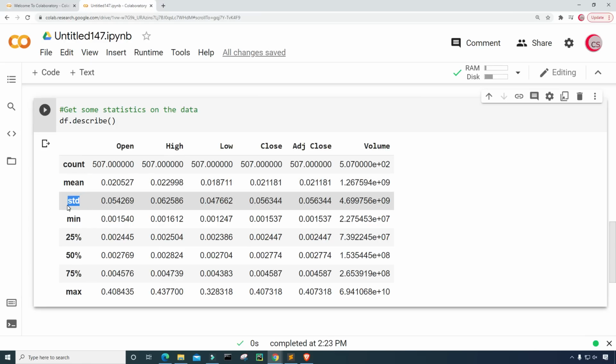We can see the standard deviation, the minimum value, the 25th percentile, the 50th percentile, the 75th percentile, and then the maximum value. All right. So let's just take, for example, the close price column here. In this close price column, we can see that the minimum value within this data set was